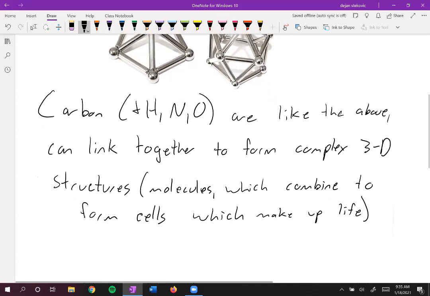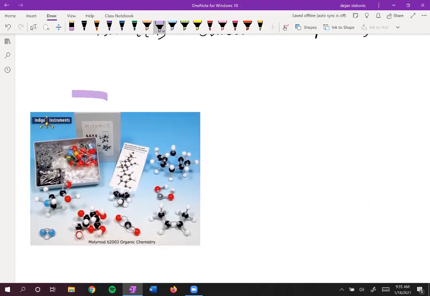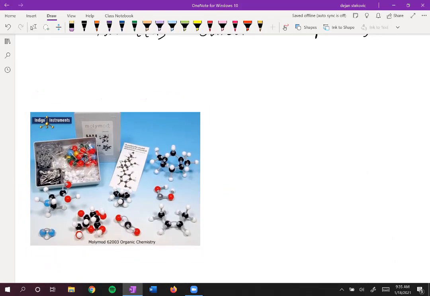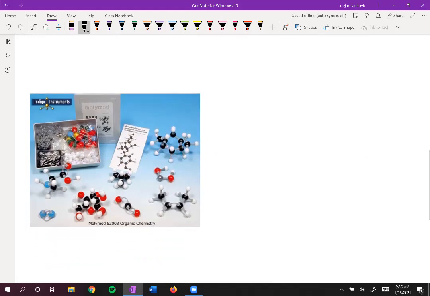And so just like we have these little toys here, you might have purchased an organic chemistry model pack, right, or a model kit that you can see right here. And you can see that you can arrange these black carbon atoms in all kinds of different ways, right? You can see you've got all kinds of different ways to arrange them. And so not only can we form these complex 3D structures, but we can form an almost infinite amount of them. And so since this is the basis of life, if we can learn the rules of these model,